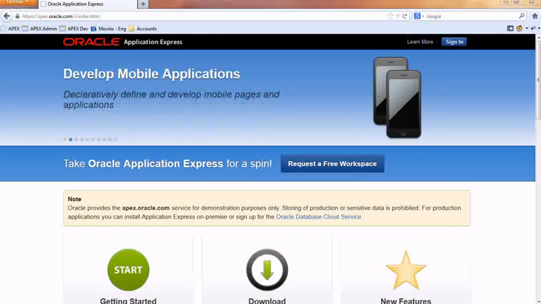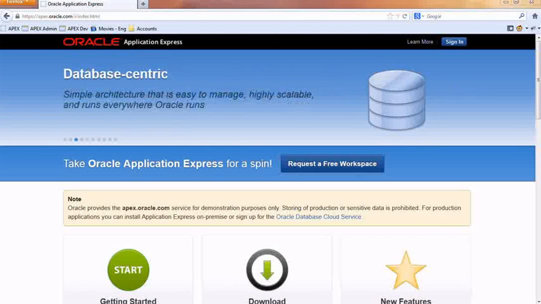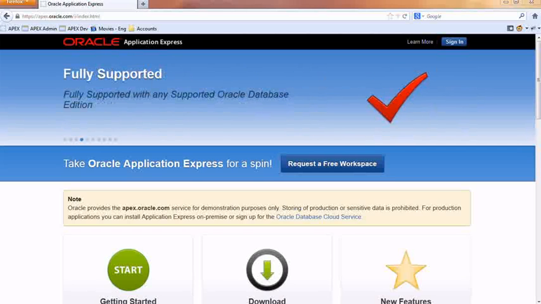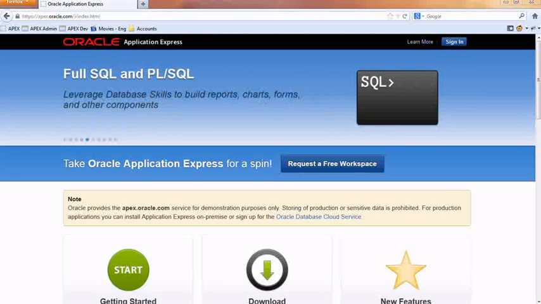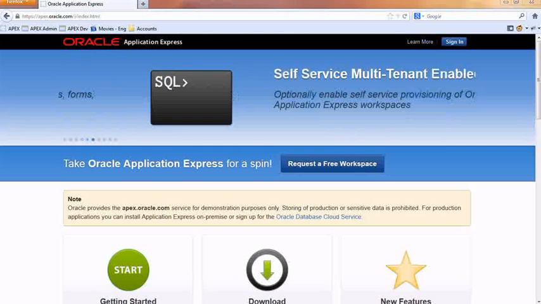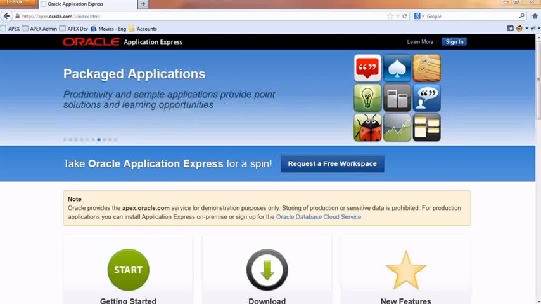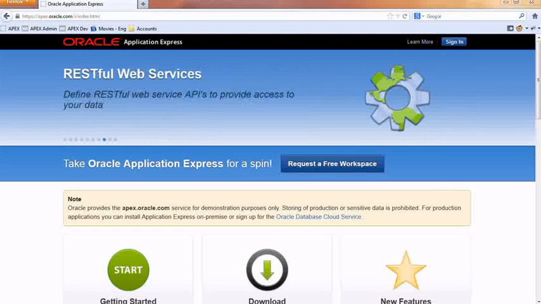Today in the class we'll get into the introduction of Oracle Apex, which is Oracle Application Express. Using this particular tool we can build web applications which can be developed in a very fast manner. That is the reason this tool is called Rapid Web Development Toolkit. Before we get into more of the Application Express concepts, let's try to understand